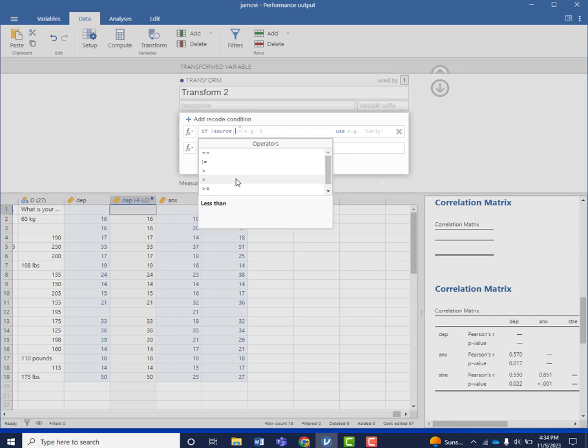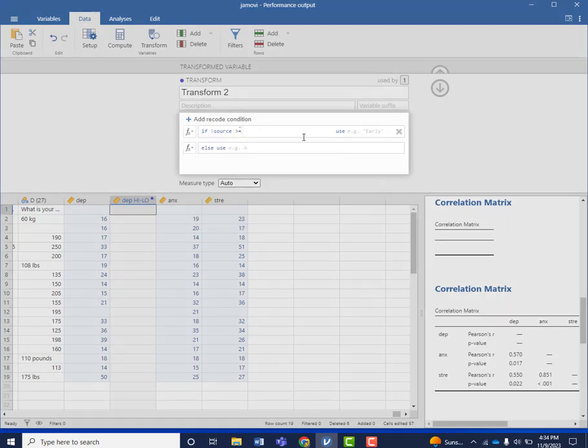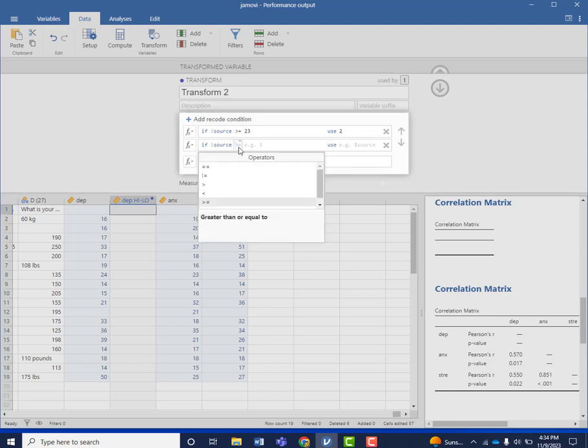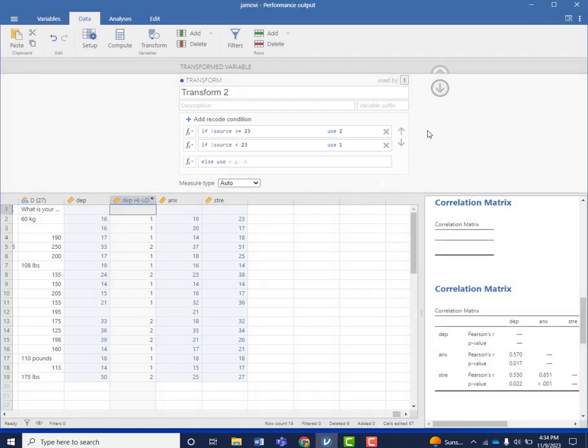Remember, our mean was 23. So if we're doing a mean split, everyone above 23 is one thing, everyone below 23 is the other. All right, so we're going to say everyone greater than or equal to, and we're going to type 23. We said our high was 2, so we're going to go there. We're going to do another one where everyone less than 23 is 1, with the arrow,